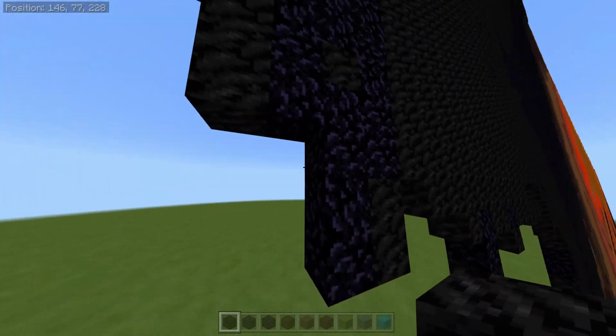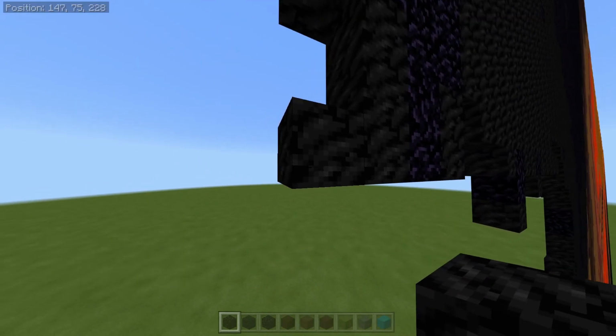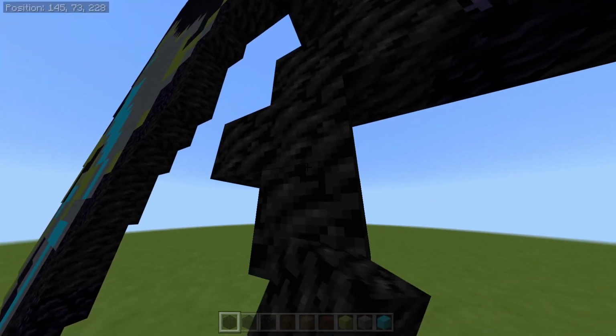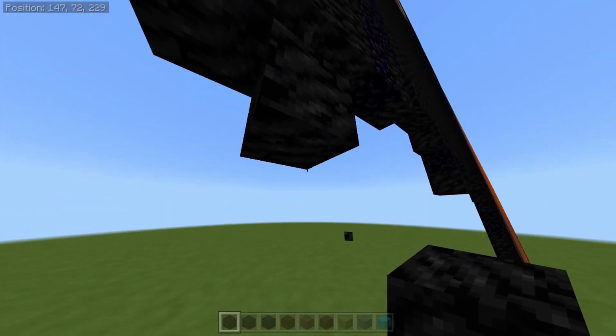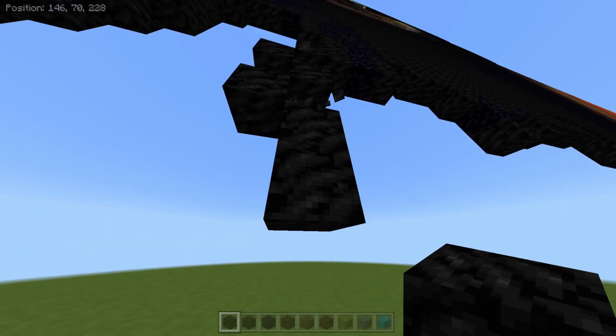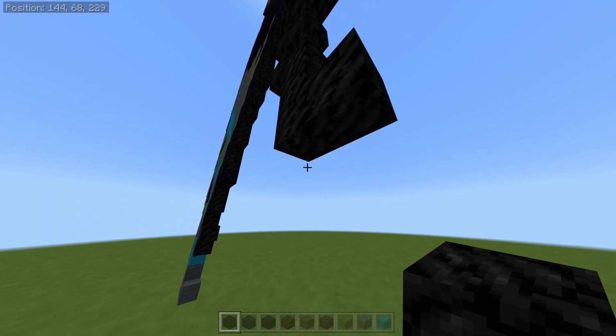From these 4 blocks, you can place 3 blocks going down to the right here, with 1 block going across to the left, and then place 1 block going diagonally down to the left, 1 block going diagonally down to the right, 1 block going diagonally down to the left, and then place 2 blocks going down to the right like so, and then place 4 blocks going down on the right like so,